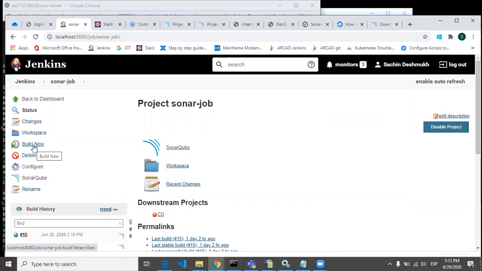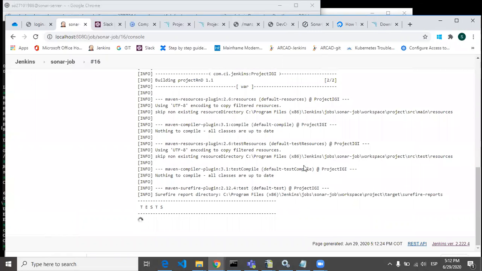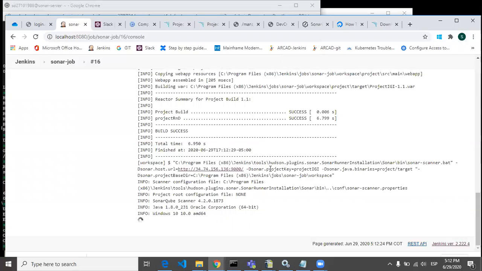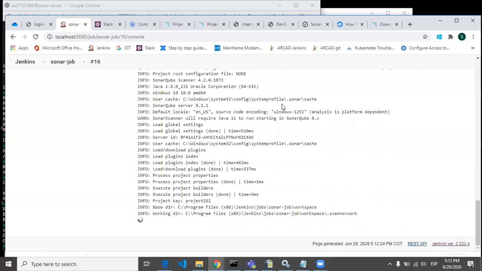Now we will build that job. It is going to perform all your Maven steps. You can see the Sonar host URL and everything here.